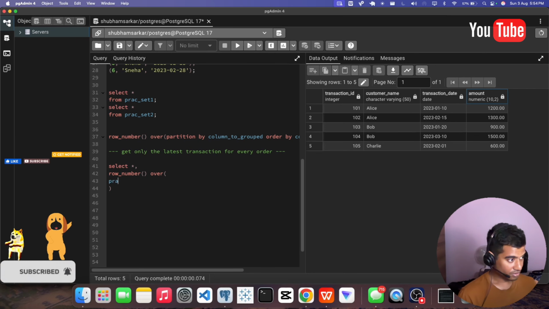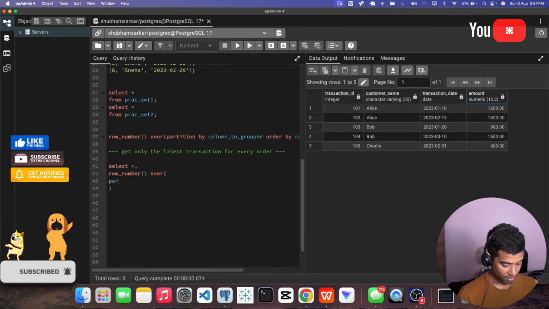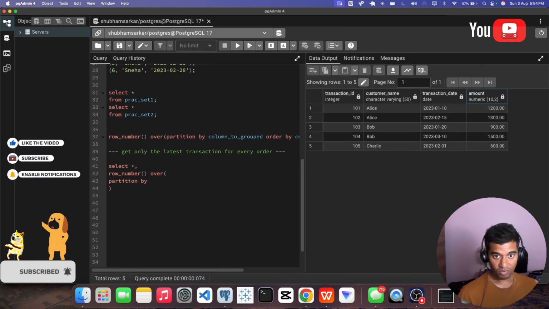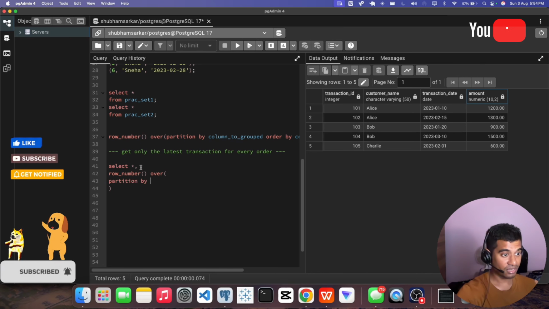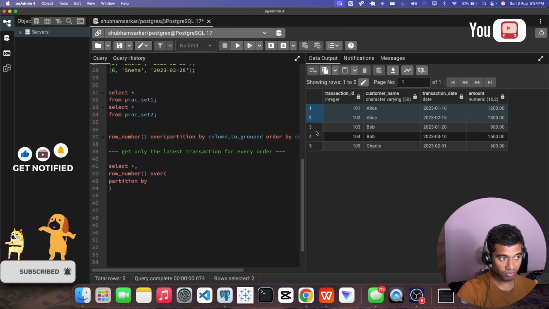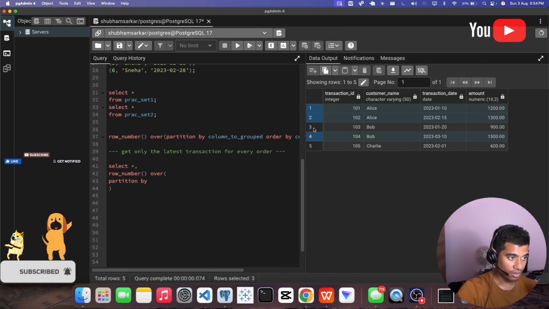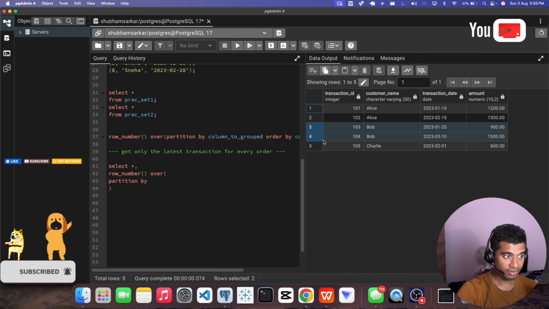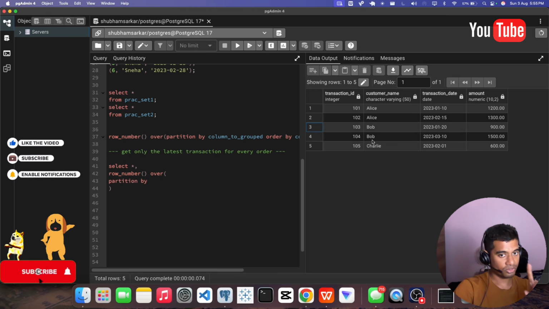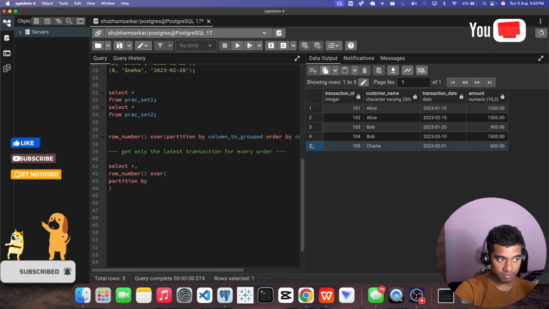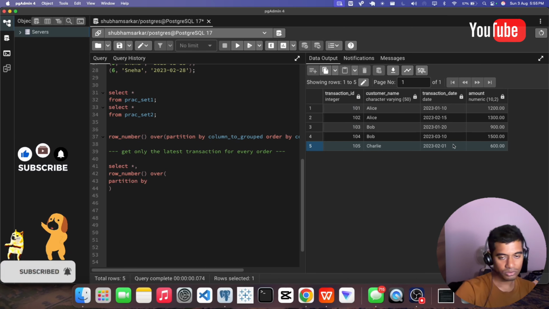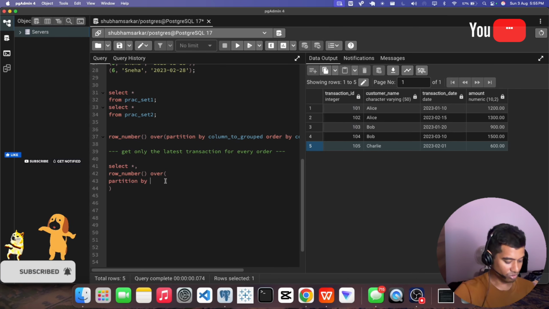So by what column do we partition? We will group by customer name. Customer Alice will have one group. Bob will have a second group, because there are two Bobs, so the two Bobs will be merged into one group. And last is Charlie, who has one row, so there is no grouping right now.